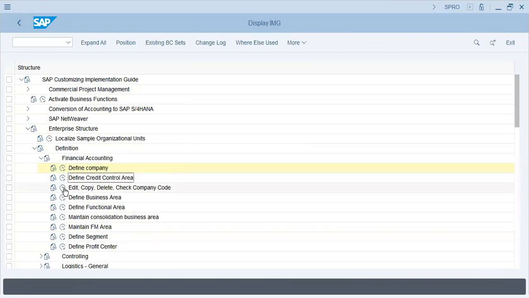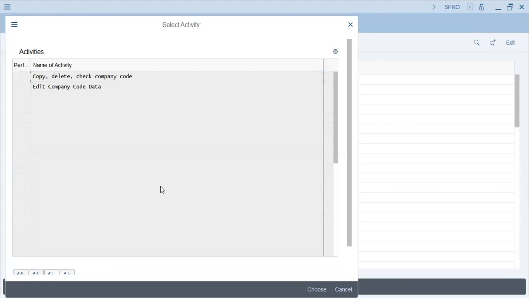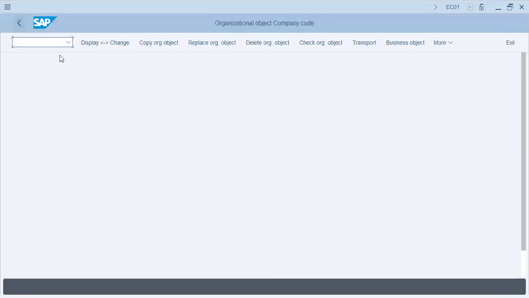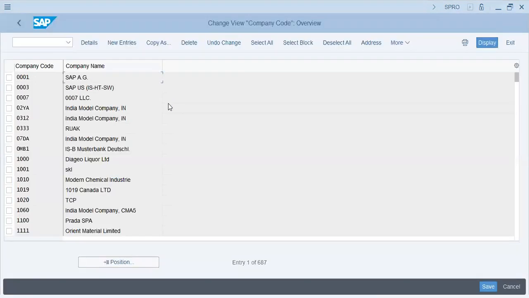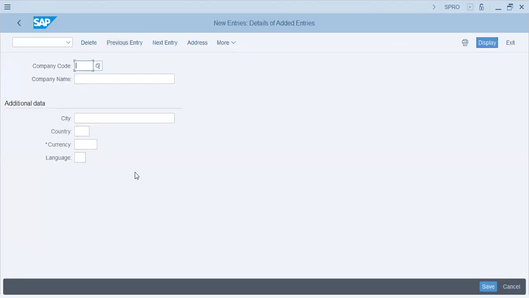Okay. Next is company code. Now, what is a company code? Company code is basically your unit, company, enterprise, which can publish and publishes its financial statements. Okay. And prepares financial statement. So instead of using this one, I'll go for company code data. Company code data, new entries, company code